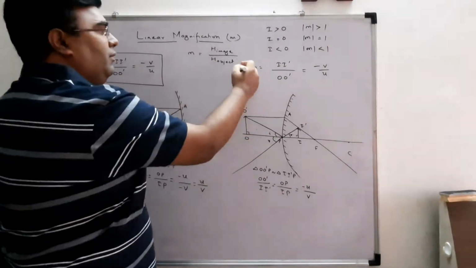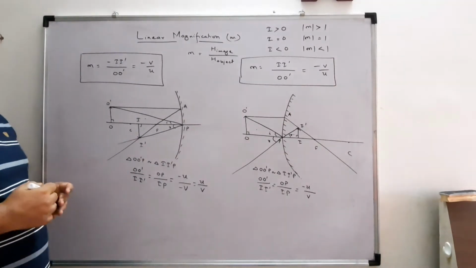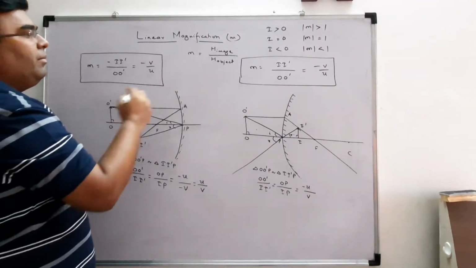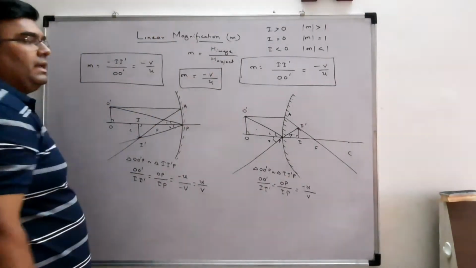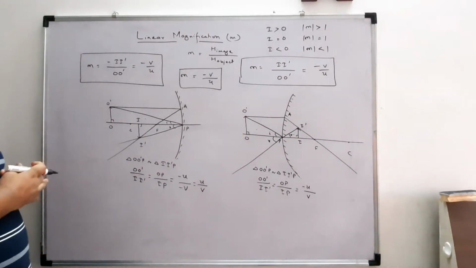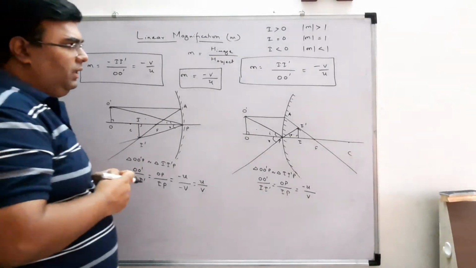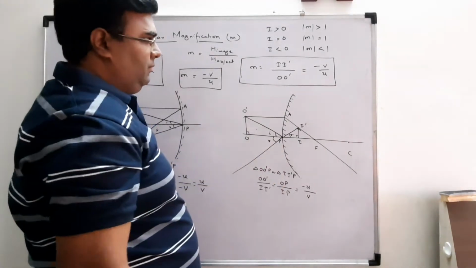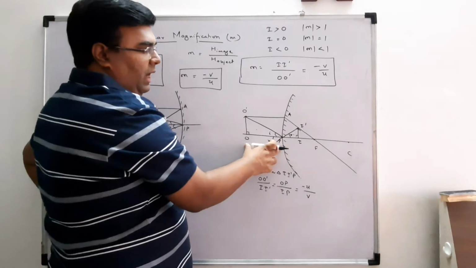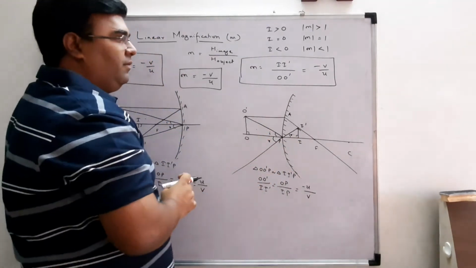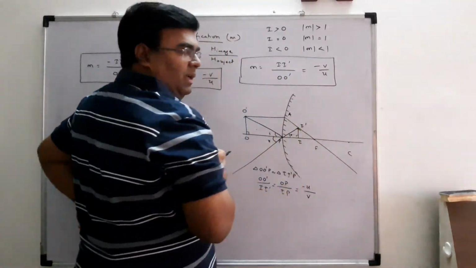So here also we have got the same formula, right? So we can say that the general formula for m is minus v by u in all the cases, right? So now let us conclude some things. First, see, for convex mirror, my OP, which is u, is always negative and PI is always positive. So it means v you will always get positive, and u you will always get negative, right?